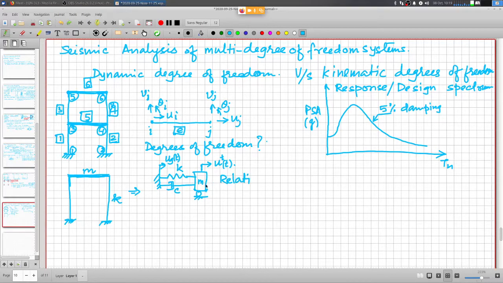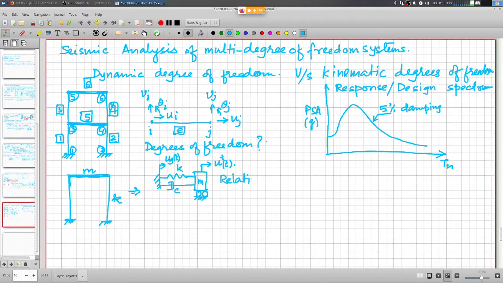So this is a single degree of freedom system because there is only one inertia point and we need to track only the motion of only one inertia point. There is only one possibility of motion, all other possibilities of motion have been restrained by this roller underneath. So this mass can move only in this direction and therefore this is a single degree of freedom system. There is only one linear inertia term here.